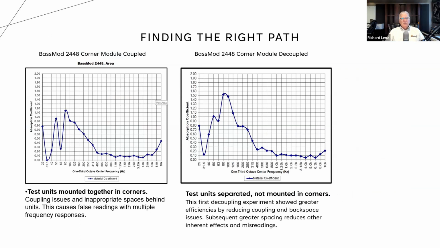This is them mounted together in the corner, which is a very weird response. We wish we could create ones that could have that kind of response, if we could control that and say, okay, I want to get 50 hertz and I want to get 80 hertz. That would be nice, except those big dips. It'd be great for somebody that had that problem, but it's disingenuous, doesn't really work. So when we separated them out, now all of a sudden we have much better efficiency,